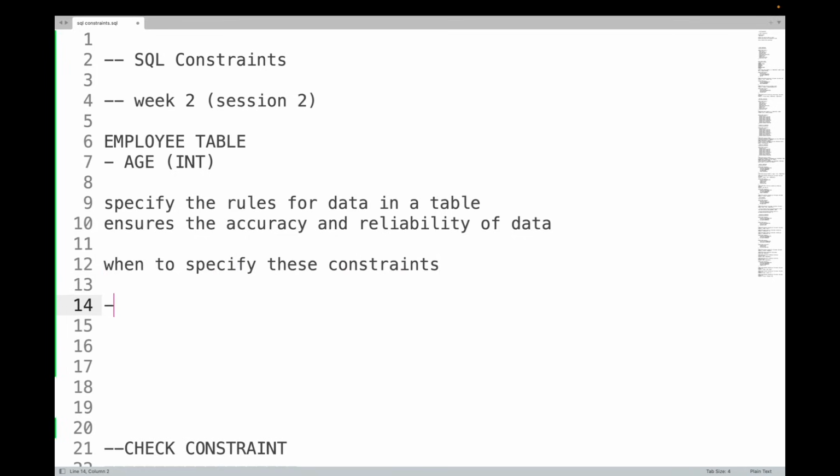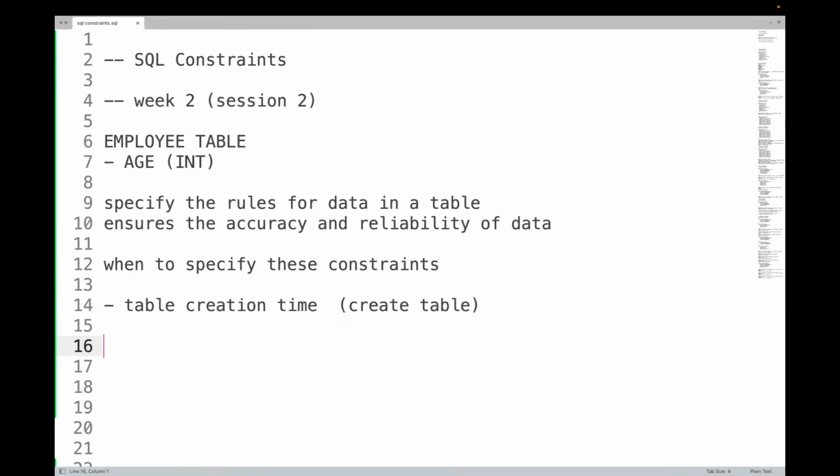There are two ways. Either you can define these constraints at table creation time. That means whenever you are creating a new table, you can define these constraints, create table. Let's say you are creating an employee table, and at that time I will put a constraint saying age cannot be negative. Or let's say you have already created a table,